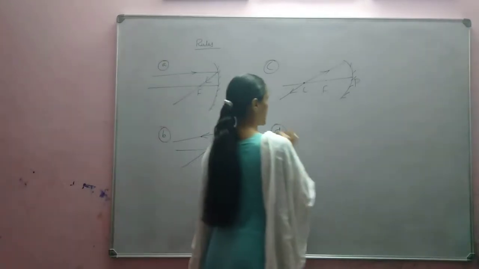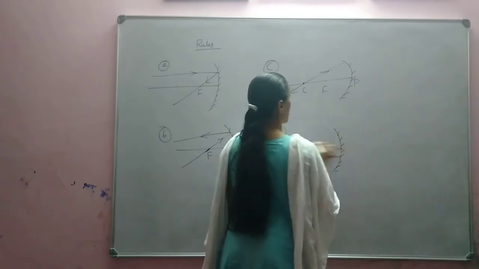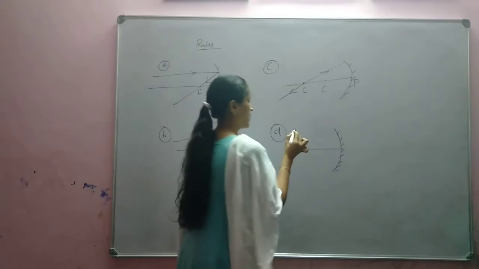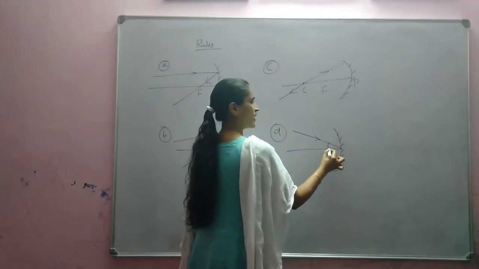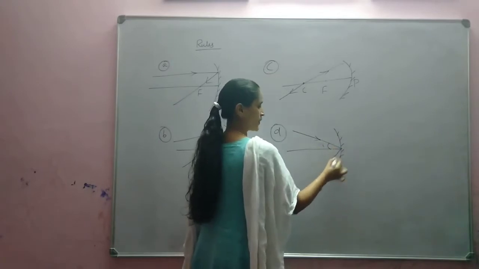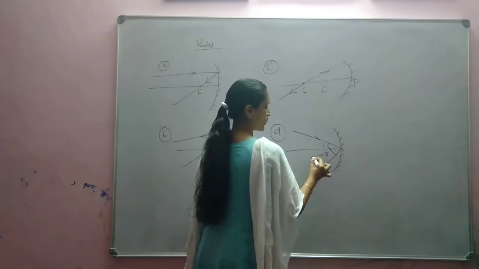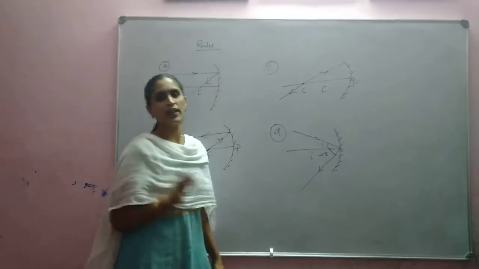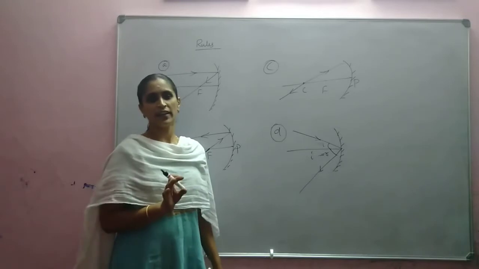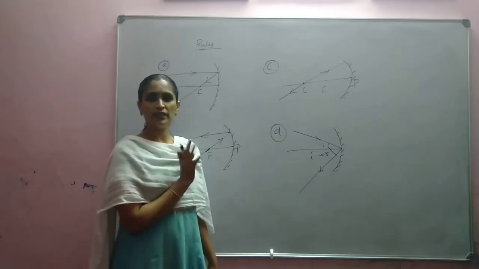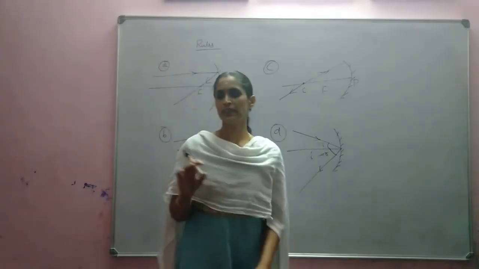And the last case: if a ray is making some angle with the principal axis, the reflected ray also will make the same angle. Okay. So when you are drawing, you should draw in such a way that both angles are equal, R should be equal to I. It should be drawn in that way. So if you know these things, you can draw any ray diagram. Okay. And you can get the image in the case of a concave mirror. Later on we will discuss the convex mirror. Okay. Is it clear?